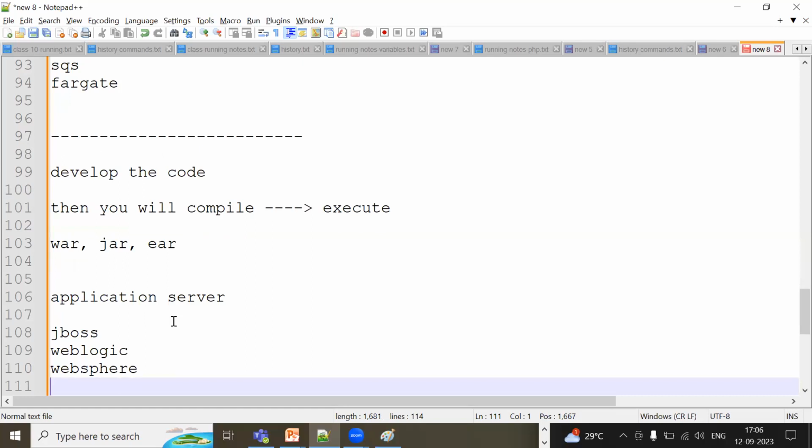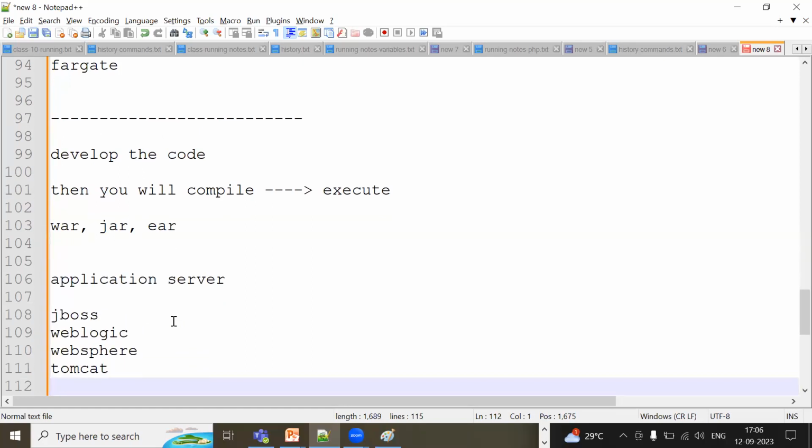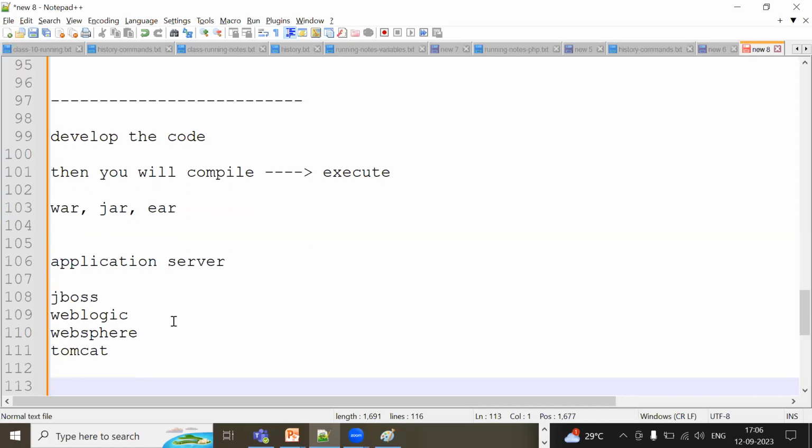Okay, or it can be Tomcat, or it can be anything depending upon your backend technology. If you are using some Node.js application, you will be using one particular thing. If you are trying to use Java, you'll be using some build tool. And some build tools like Maven and